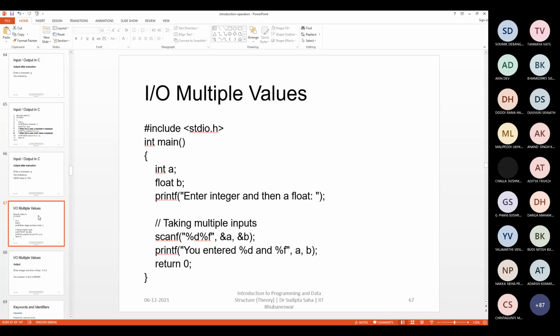So when you input using %c and type 1, you may think that you're typing a number 1, and then when you print using %d, it will come out as a different value. It will not be 1. It will be some ASCII value of 1. But if you print using %c, 1 will come out. So don't get confused here, because ultimately these digits 0 to 9 are also characters. Okay, sir, got it.